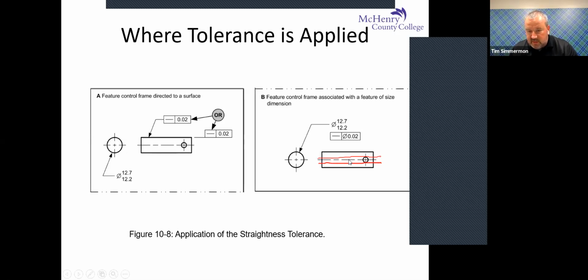So this line right here is the center line of the part between these two faces. These really super straight lines that I drew on the iPad represent the tolerance zone around that center line. But if you notice, one of the big differences between directed to a surface versus directed to a feature of size is we have this modifier on here. And the reason for that modifier is we have a